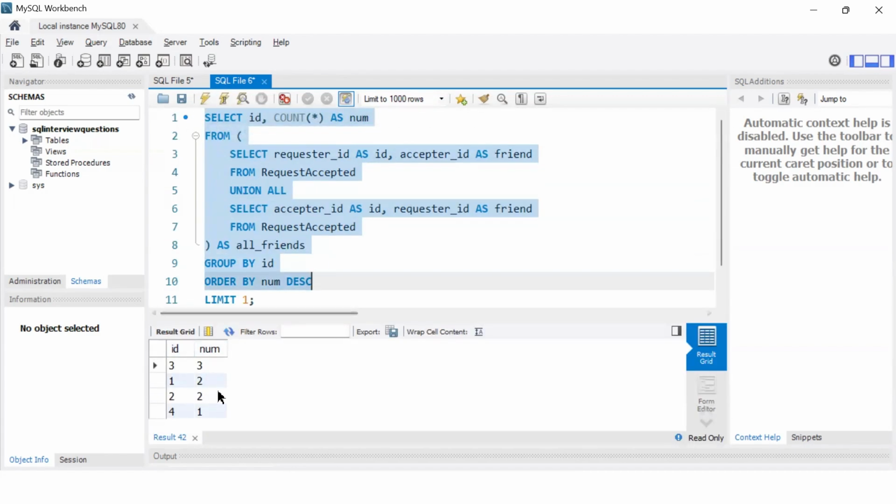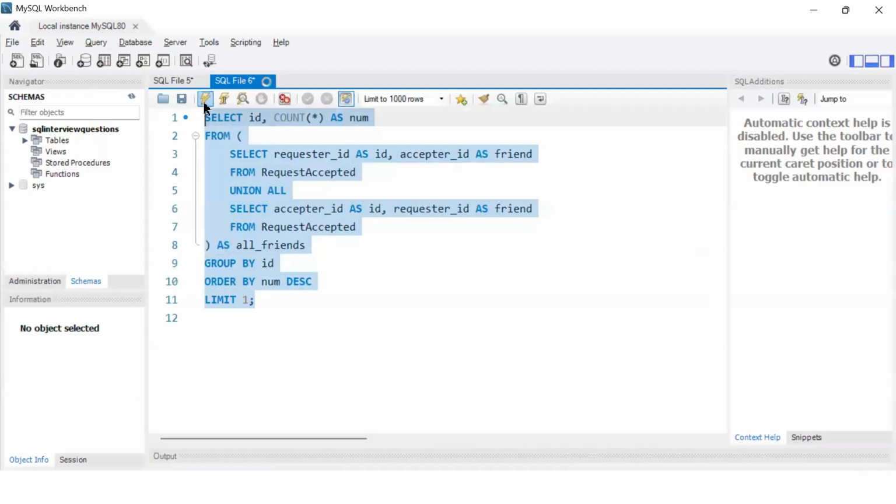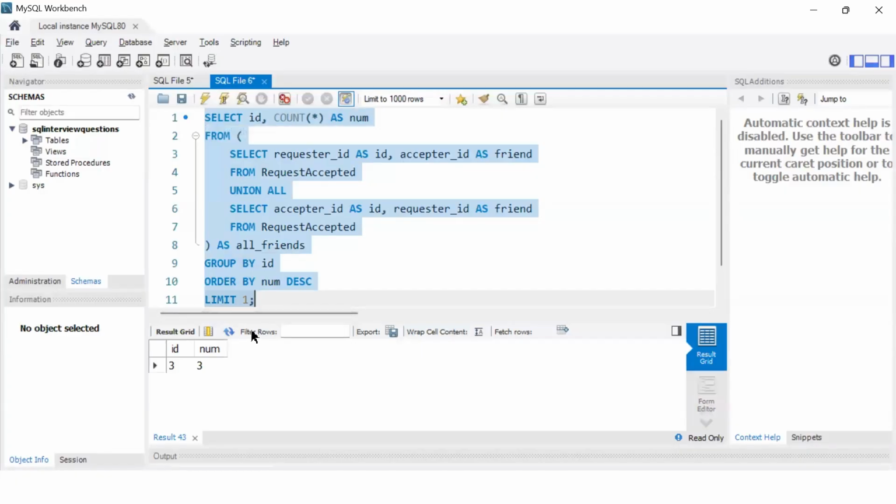Perfect, this is the result we are getting. If I put the limit, it is going to return the first record, because I have sorted my table in descending order, and all I want is the person with the maximum friends. So I'm simply putting limit 1. That's all, and you can see that we have got the result.